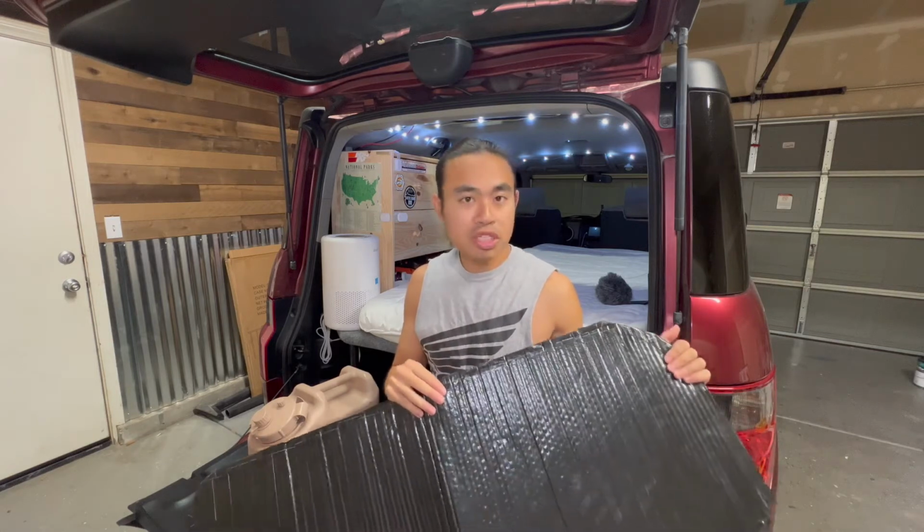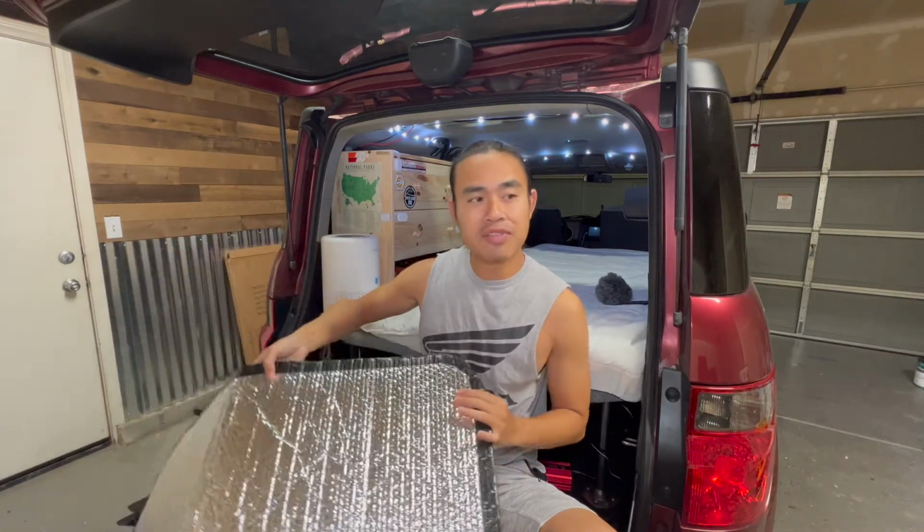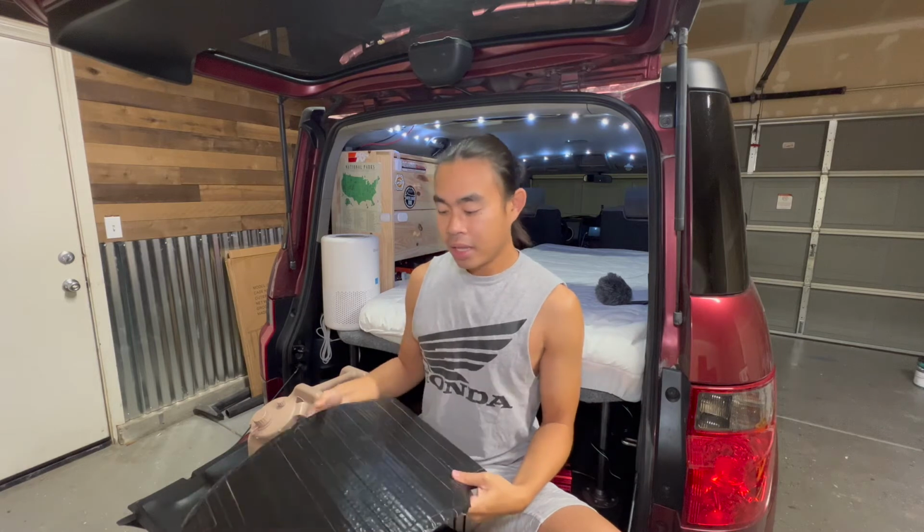And I was so excited to hit the road with these because they were pretty sturdy. And I had my privacy on one side, and I could flip them over any time to block out the sun during the day if I maybe left the car unattended out in the sun and I went out hiking or something like that. And it worked out pretty well. The only problem